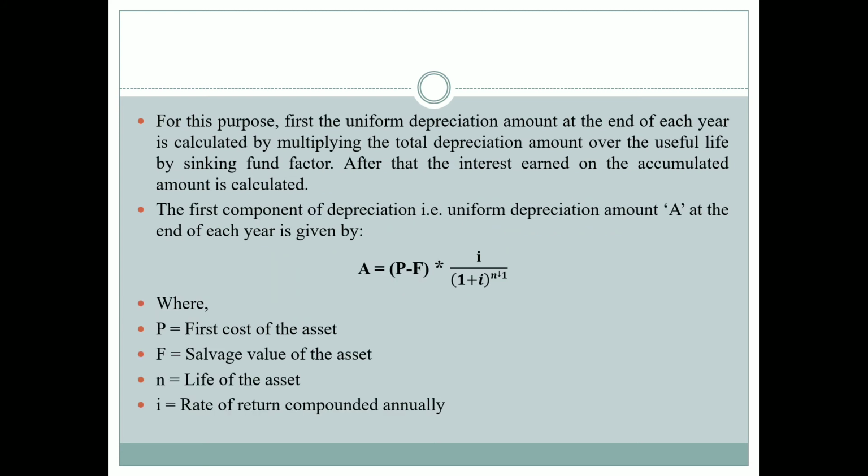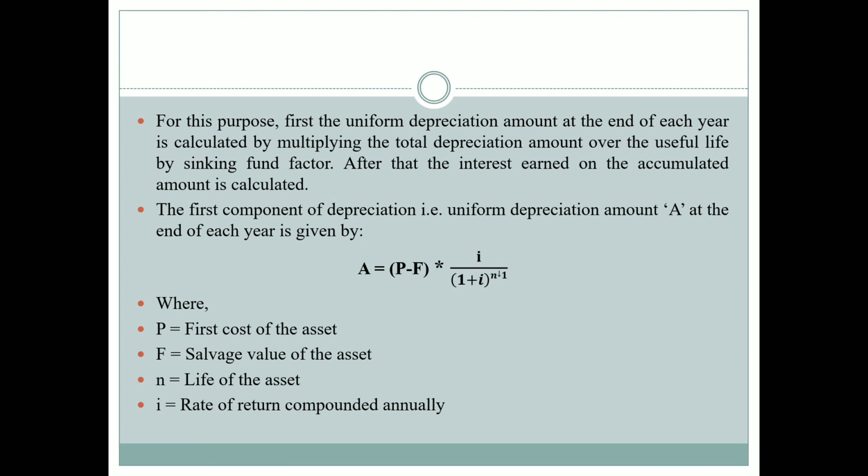So how to calculate it? For this purpose, first the uniform depreciation amount at the end of each year is calculated by multiplying the total depreciation amount over the useful life by the sinking fund factor. After that, the interest earned on the accumulated amount is calculated. So the first component of the depreciation, that is the uniform depreciation amount A at the end of the year, is given by A = (P - F) × i / ((1 + i)^N - 1),